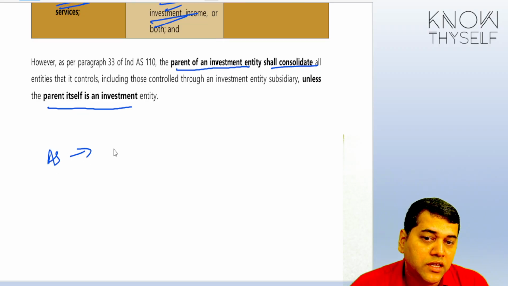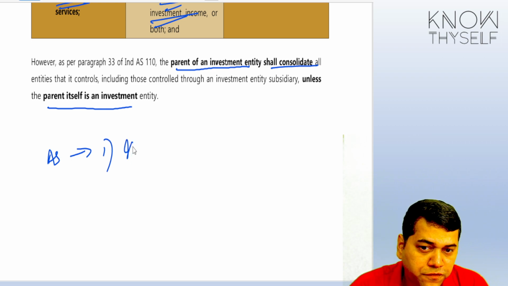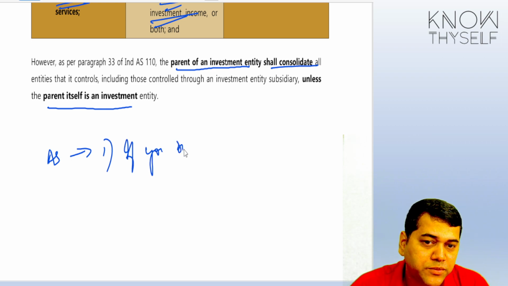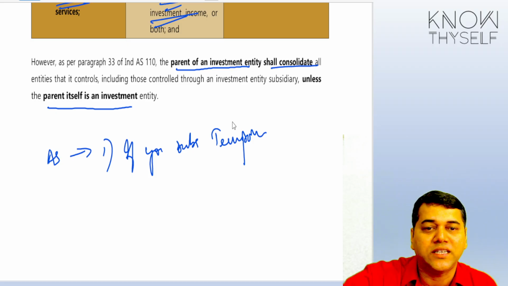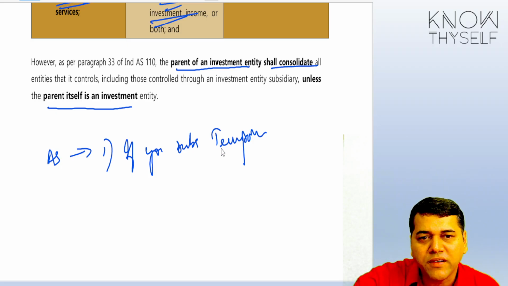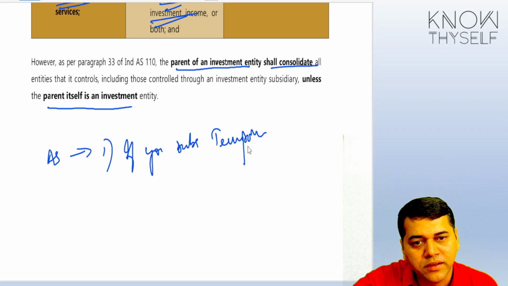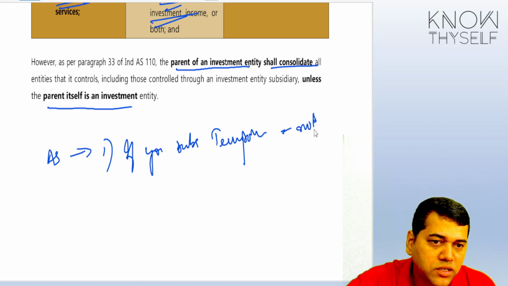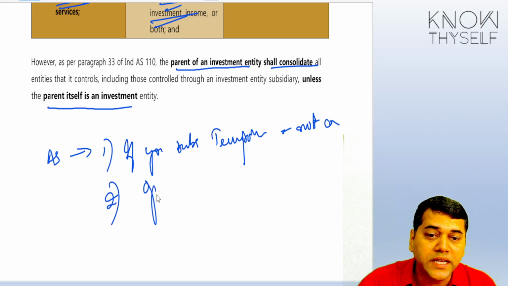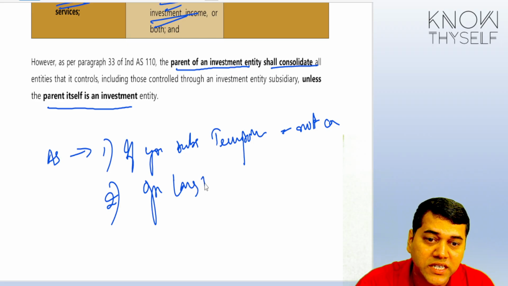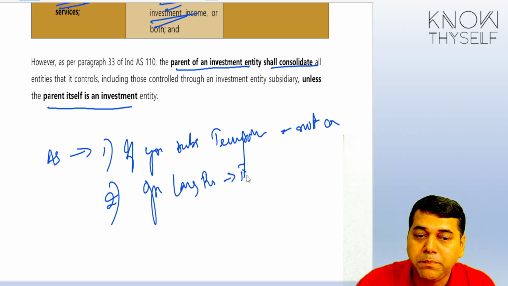They say that if there are 2 conditions: if you have acquired a subsidiary on a temporary basis, that means within the next 2-3 months you are going to sell it, and only for some reasons you have acquired it in a temporary way, then you need not consolidate. Or second, if that subsidiary is operating under severe long-term restrictions to transfer and pay the dividend to you,